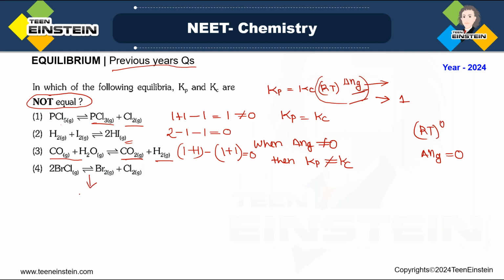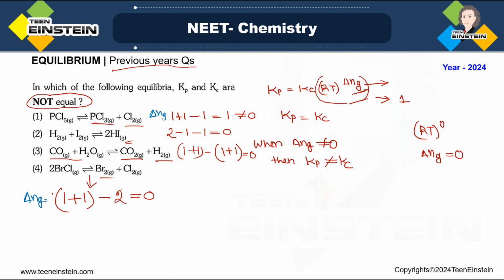What about the last one? Here del Ng value is 1 mole of bromine plus 1 mole of chlorine, minus 2 moles of BrCl. This is an interhalogen, bromine chloride, this molecule actually. So it will be minus 2. So in this case also we are getting del Ng value equal to 0. So in all the cases,